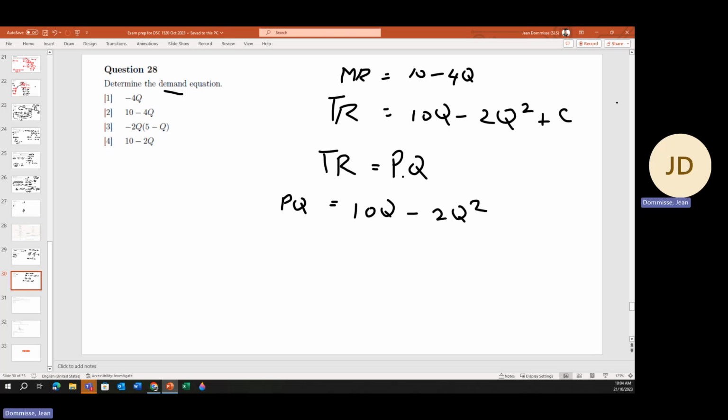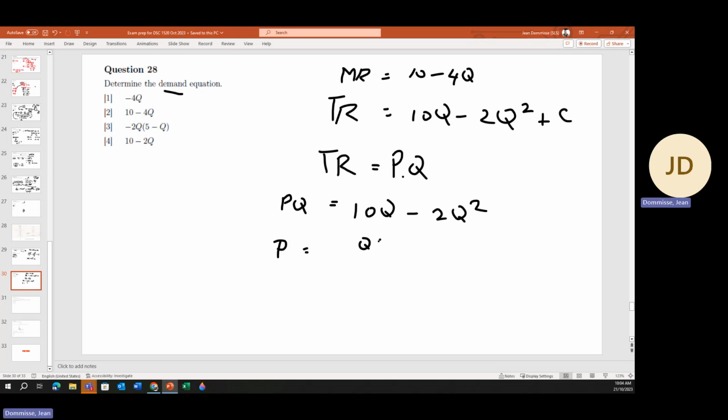And in this instance, we can really take away the C, because at this stage that is not going to influence anything. So we sit with a formula of P that is equal to